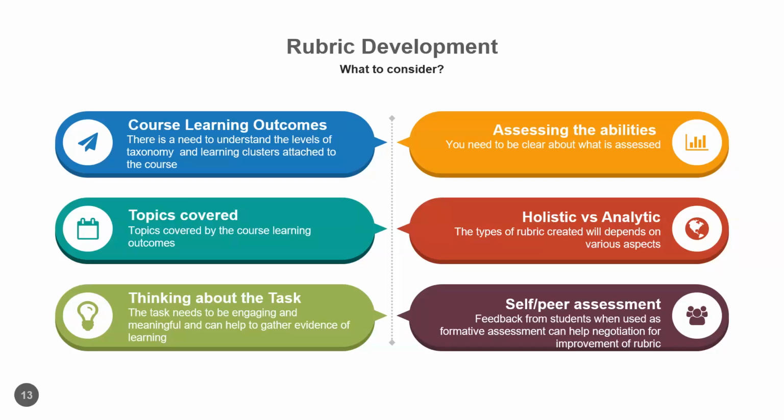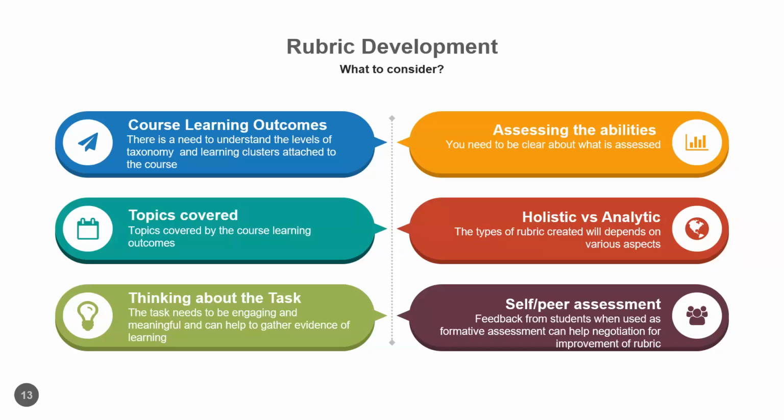Basically, it's soft skills, or graduate attributes that are mapped to your course learning outcome. So if, let's just say, your course learning outcome is also mapped to ethics, then you need to know what exactly you are measuring in terms of ethics. What are the characteristics that you are actually measuring in relation to the task and in relation to the course learning outcome?